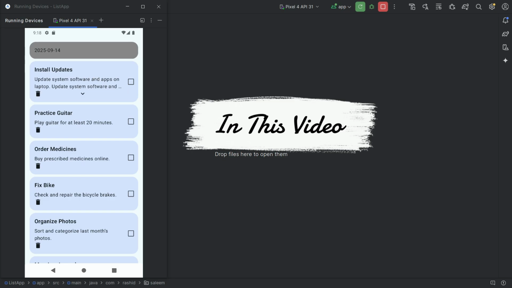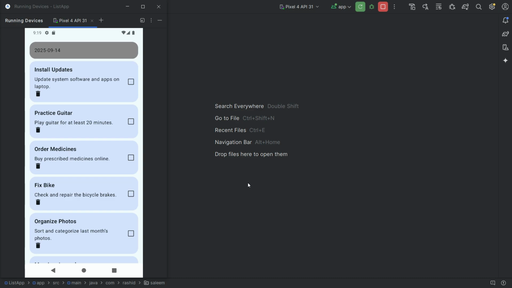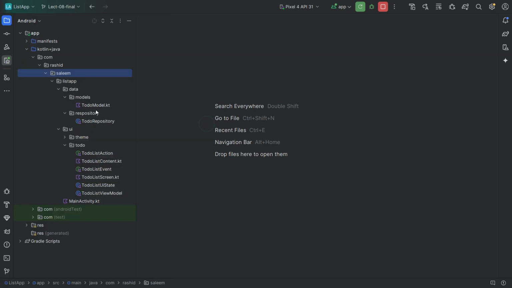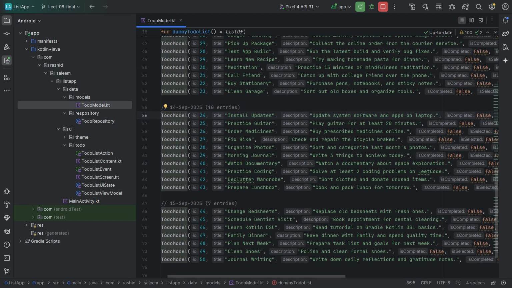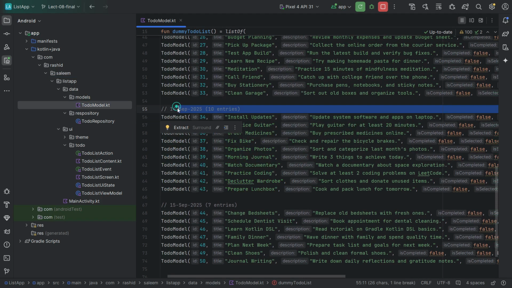So let's proceed. This is the initial state of the code for this video. You can find the initial code from the video description below. So here we are seeing this text. First we need to make this text large enough that it won't fit in two lines. So this is 9:14 install apps. So we go to our to-do model, and in here we have entries of 14 and install apps. So we will copy this text